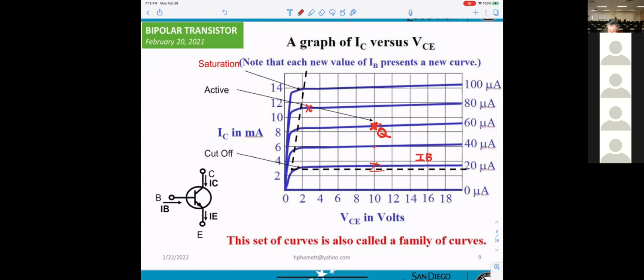You know VCE already, and you know the current IC. Your job now will be to select the resistors RB, RC, RE to get the current you want.